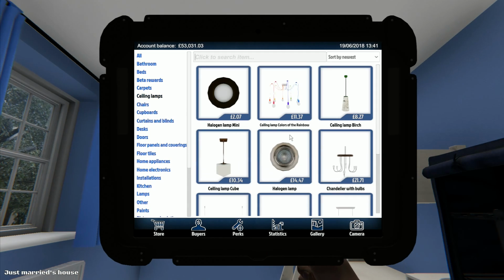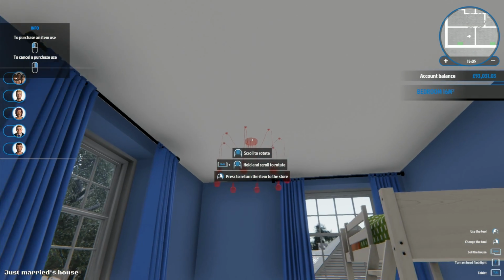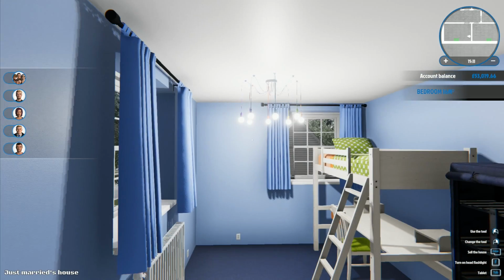We're going to want to go ceiling lamps here. It's either got to be that one or that one. Colourful or blue. I think we're going to go colourful. I think we'll go for a rainbow effect. There we go. Look at that. That looks pretty good, actually. Put that one in there. There we go. So we've got our child's...